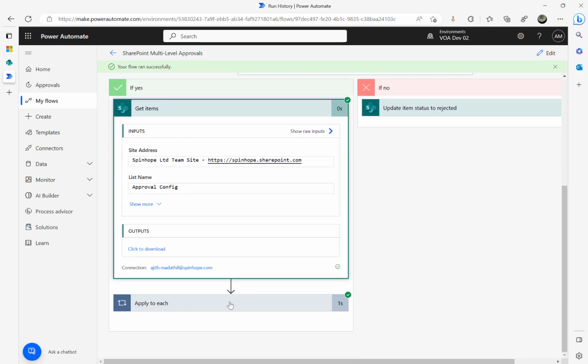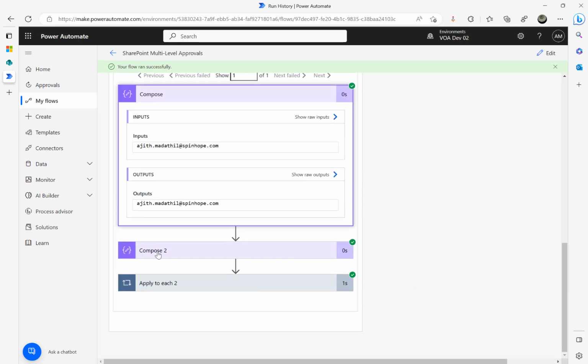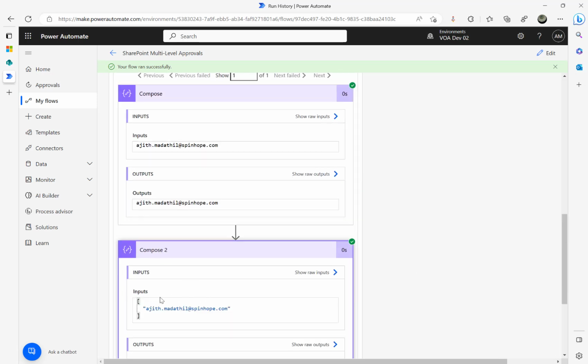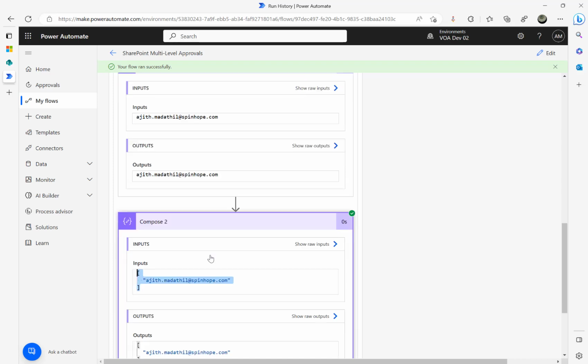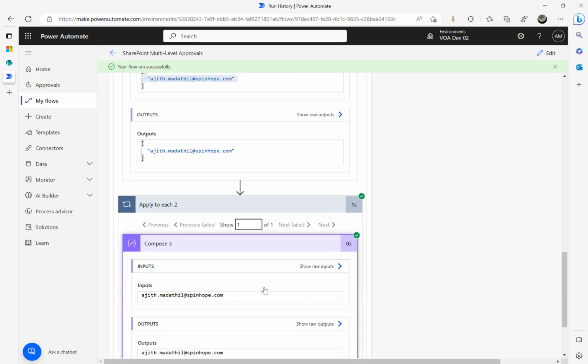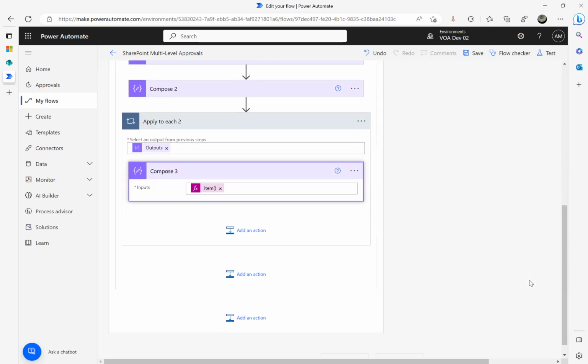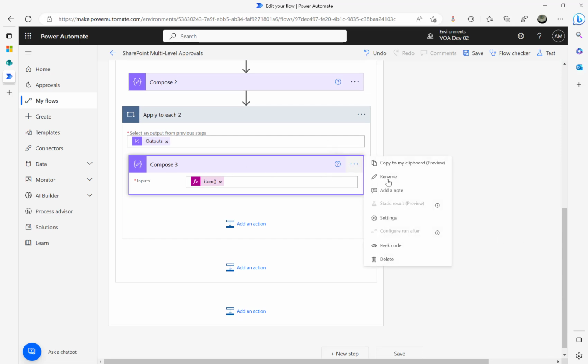In get items, we got one record. That's that person's email we got. Then I used the split. Using the split, you see it's only given one there. If it's more than one, it should be in an array. It's already in an array now because I used the split. Then looping that to get the first item, it's only one there now, so we got each item now. So now in the next step, what we could do here is,